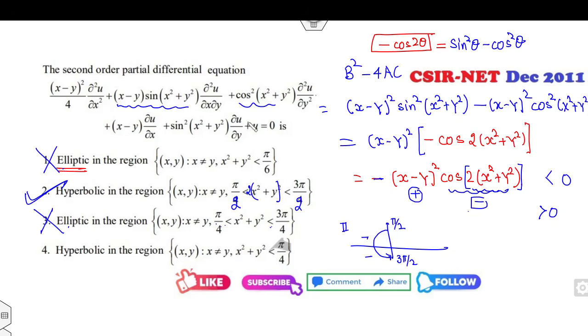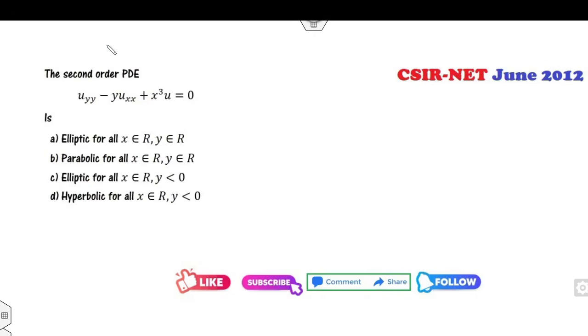Hyperbolic, when it will be pi by 2, pi by 4. So when you take twice, it will be pi by 2. But what is the lower angle? It is not given, so it can be anything. It can be minus pi to plus. It can be this case, or this case. But in this case, again you can see the cos is negative. So in that case, it is also negative. But in the positive quadrant, it is positive. So it is not always hyperbolic. So the right answer is B, that is the correct option.